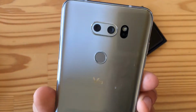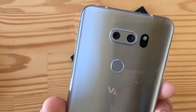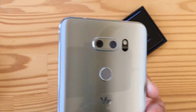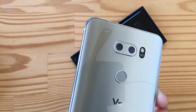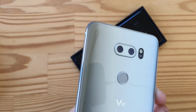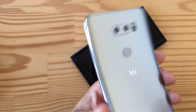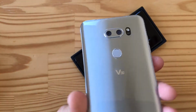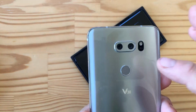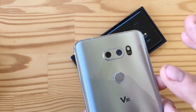So what I was saying is that the G6 changed the formula a little. They went with two 13 megapixel sensors, which gave you more resolution for the ultra wide angle, which was welcome, but a bit less resolution on the main camera. And it was a really well sorted camera, and there was less distortion from the wide angle, ultra wide angle. Now the V30 goes kind of back to a hybrid of the two. It has a 16 megapixel main camera with OIS, and it has a 13 megapixel ultra wide angle